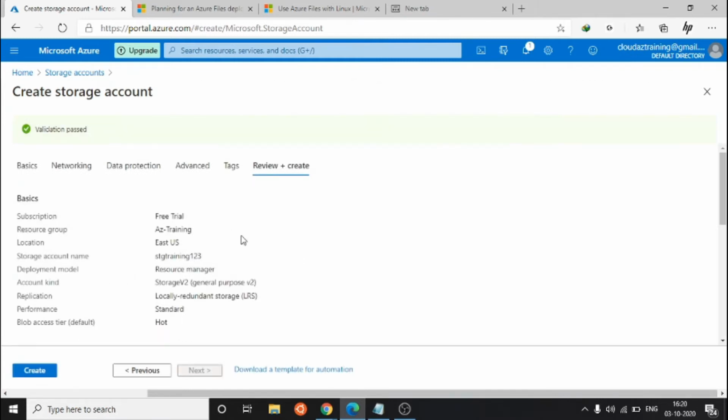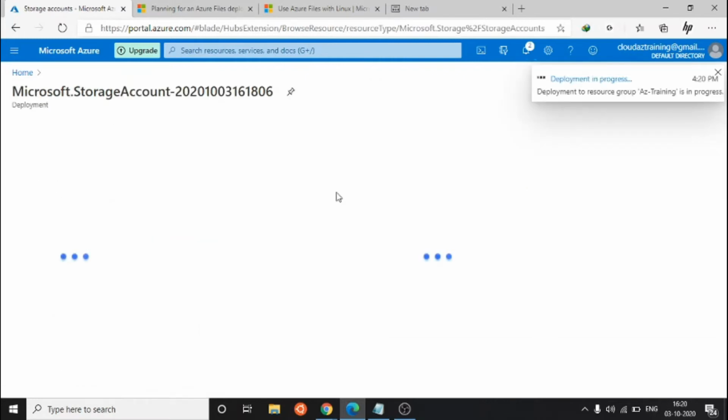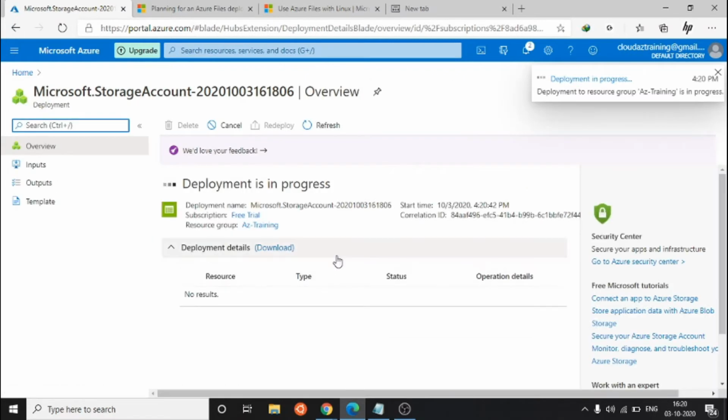I am creating the storage account in a quick way. I did not explain all the things, but if you want, please comment in the comment box. I will create a video on that with a full explanation.